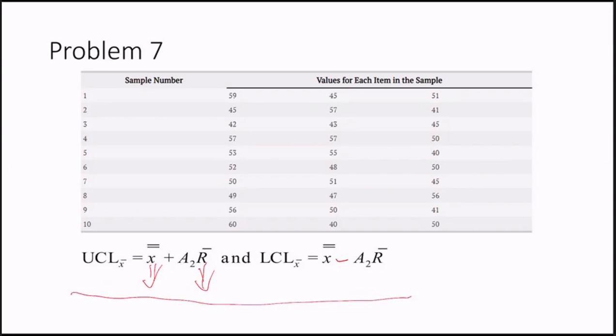So if we choose the second method for problem 7, the first thing is we need to calculate the range. So how do we calculate the range? The range equals the largest number minus the smallest number in a sample. So for sample 1, the largest number